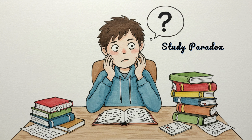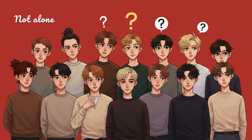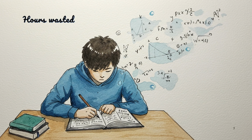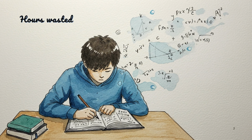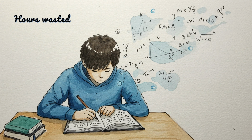Have you ever felt like no matter how much you study, you still forget everything? You are not alone. The truth is, most people have been studying the wrong way their whole life. Think about it. How often have you spent hours reading notes, highlighting textbooks, or cramming last minute, only to forget